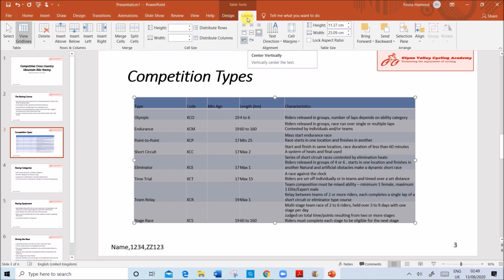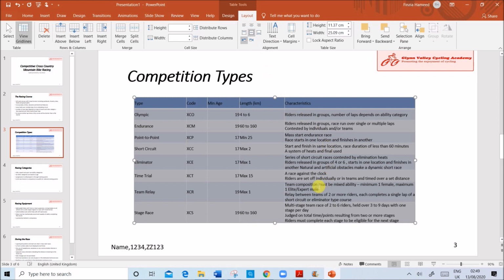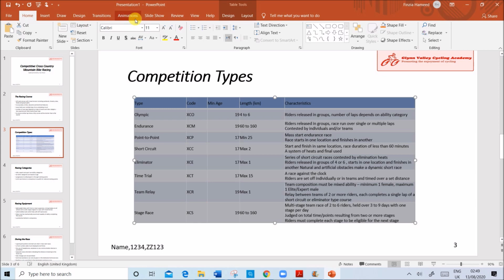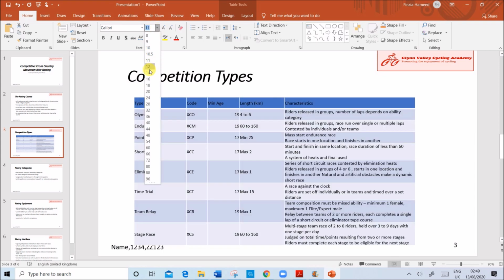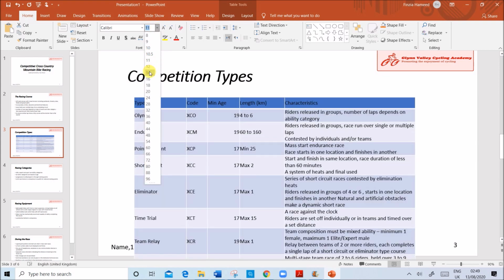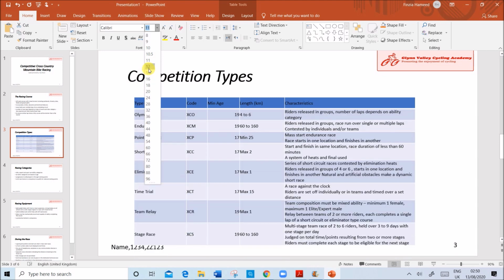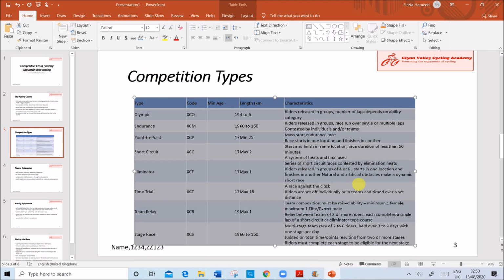This option you have to choose. On layout you will find it. You can make the font slightly larger because they told it must be easily readable. So I am giving 12 so that everything fits properly.